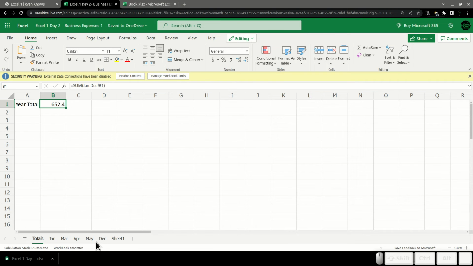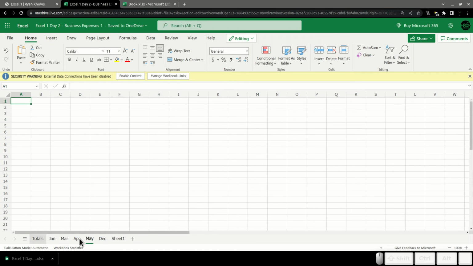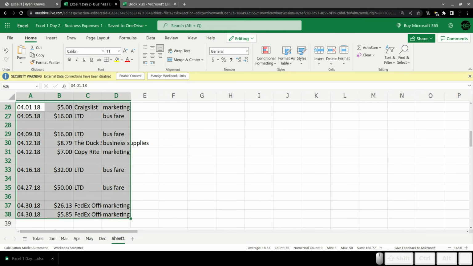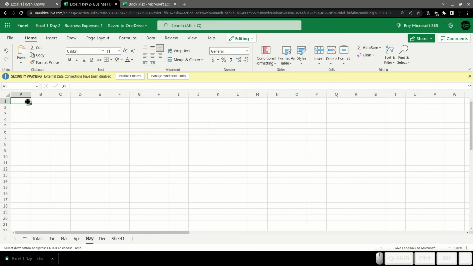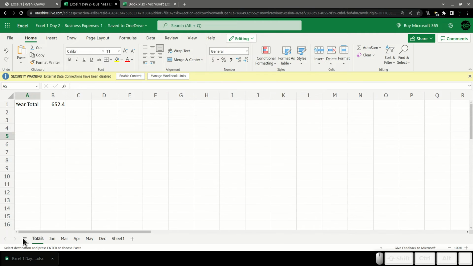And now, obviously we could have all 12 months in here. But now as I go in and say, I'm going to copy this into May, copy it also into December right there. Now as I go through, once we get to May to December, I can just start inputting my expenses, and they will automatically total up here.